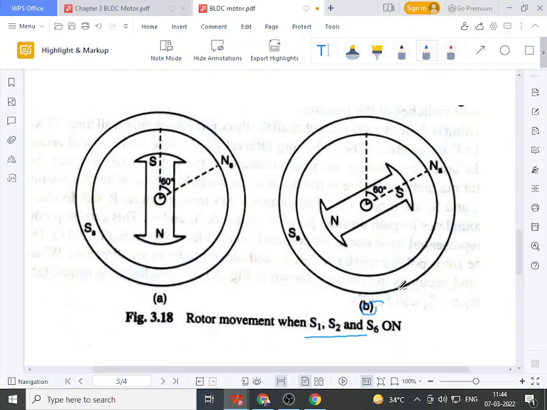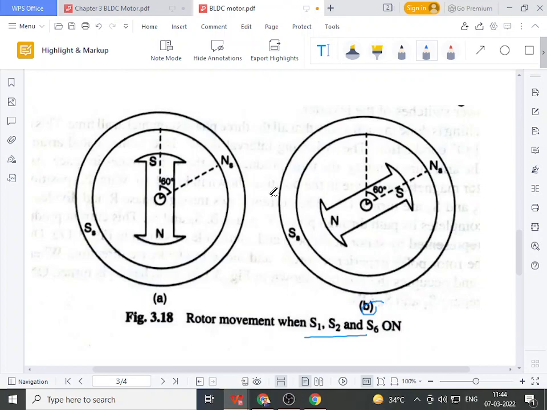Always keep in mind what the switching sequence will be at one time. Suppose at the first switching sequence, what happens? Two lower leg switches are under turn on condition, one upper leg switch is under turn on condition. For the first switching sequence, 1, 5, 6. For the second switching sequence, now there is a change. Two upper leg switches are under turn on condition, one lower leg switch is under turn on condition, that is 1, 2, 6. Now again at the third step, what will happen? Two lower leg switches, one upper leg switch. So here S1 should be turned off, and the next switch should be turned on. So that next switch is S5, S6, the next one is S4.